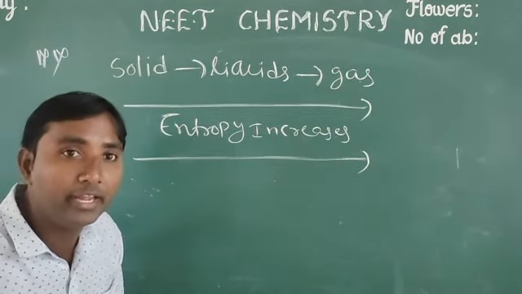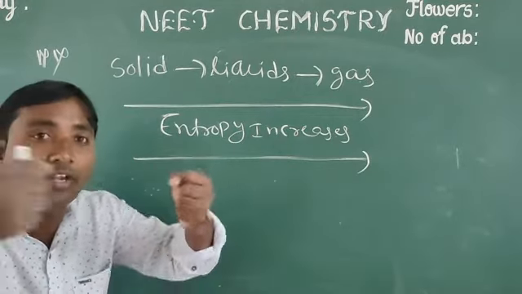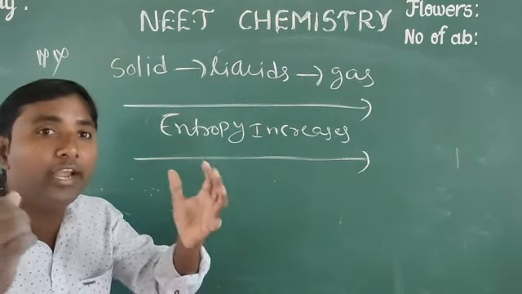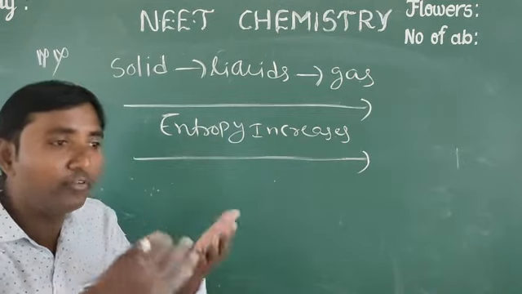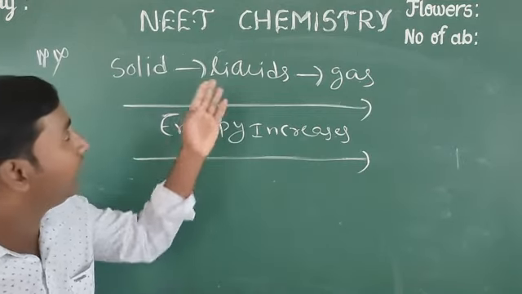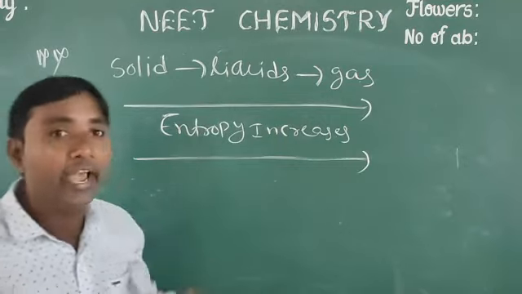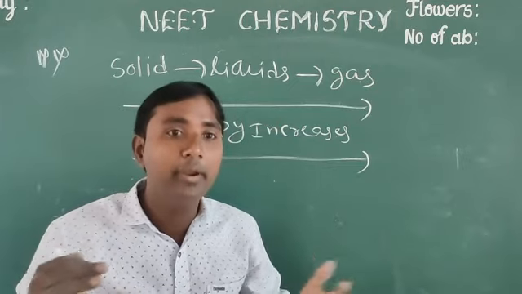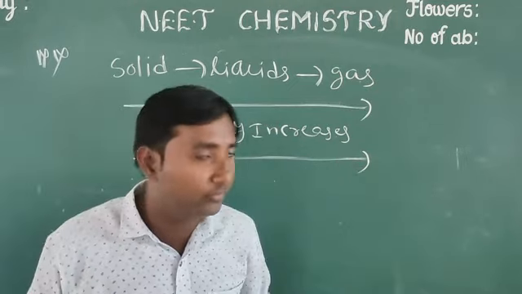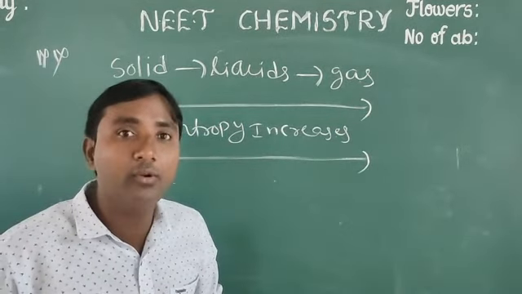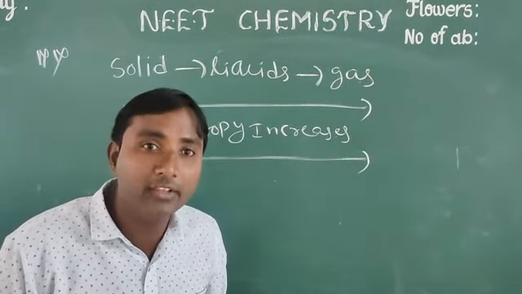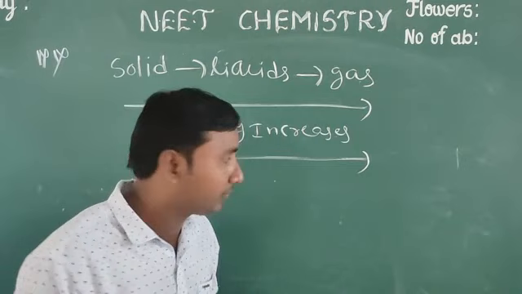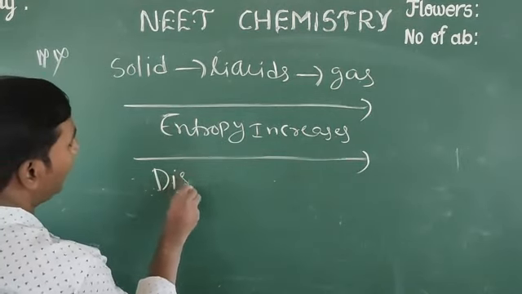Solid means particles are very rigid and come close, that's why orderliness is more. Liquid means one particle is a little bit away from another particle, with weak binding, so some disorderliness is there. Gas means all particles are in disorderly arrangement, and the attractions between particles are very less. That's why from solid to liquid to gas, the disorderliness of particle arrangement increases, otherwise randomness increases.